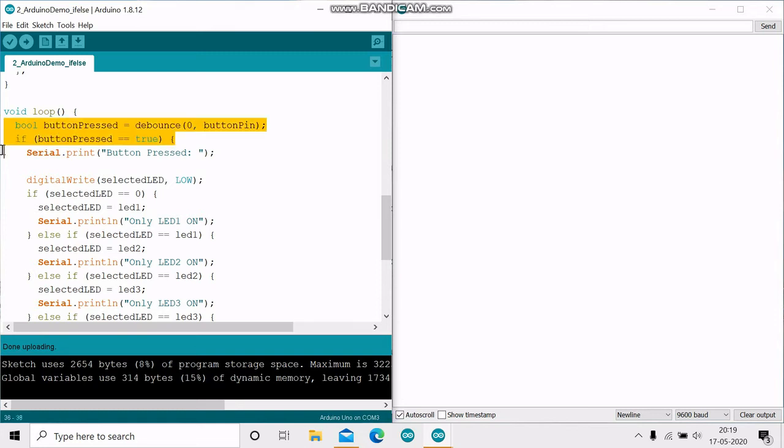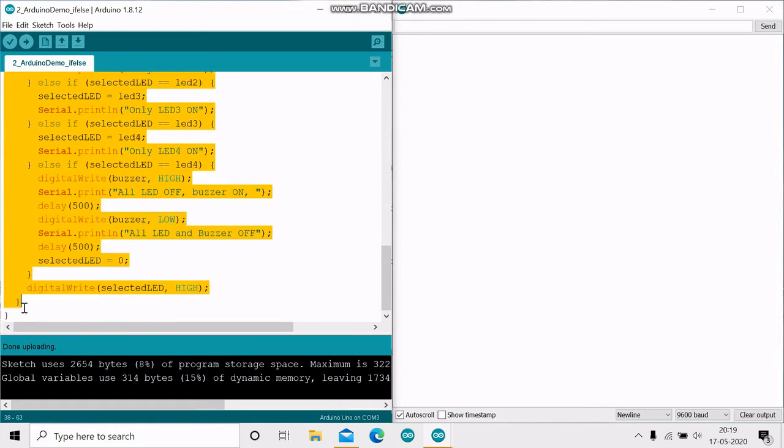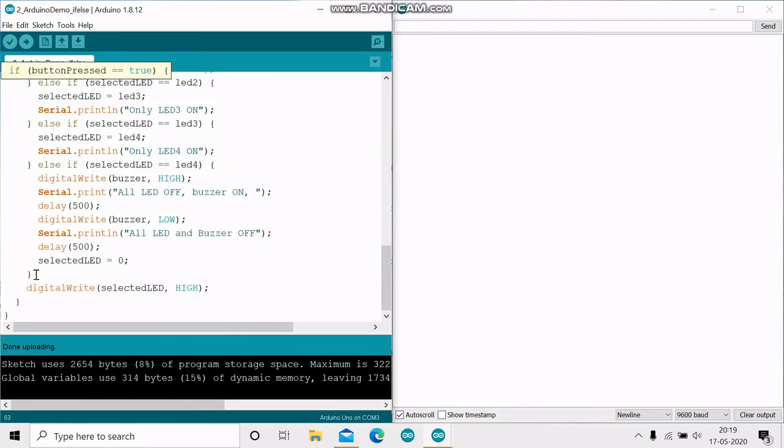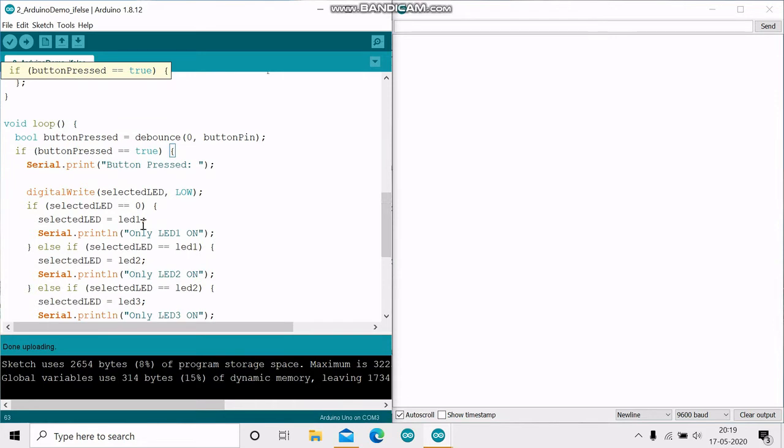The first two statements help to determine if the push button switch is truly pressed. Once it is confirmed that the button is pressed, then the execution of the code within the if block will begin, and this is where I have all my if else statements.